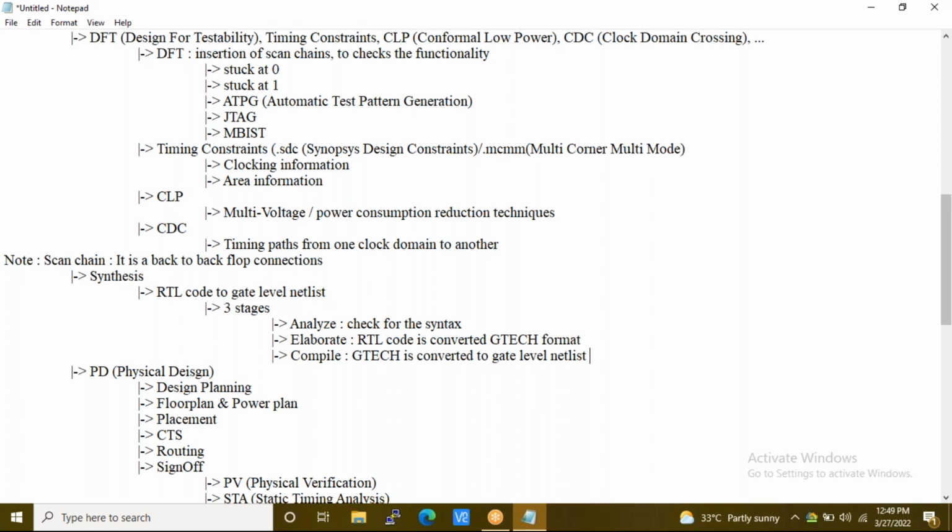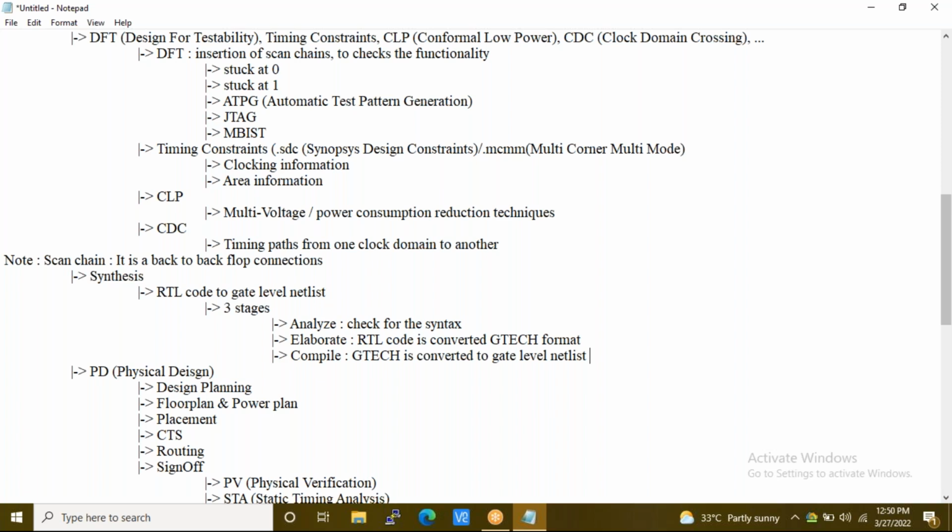When I say cells, I'm referring to logical gates: basic or universal gates, AND, XOR, inverters, and also buffers.